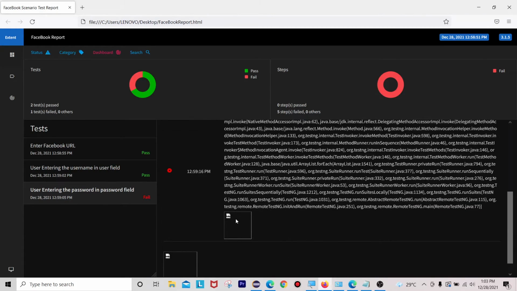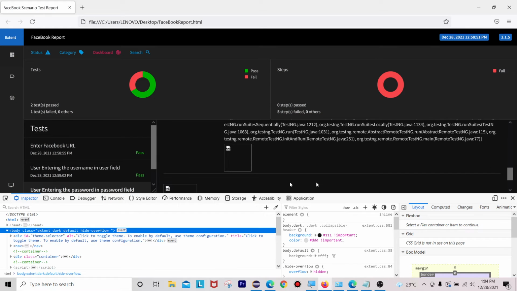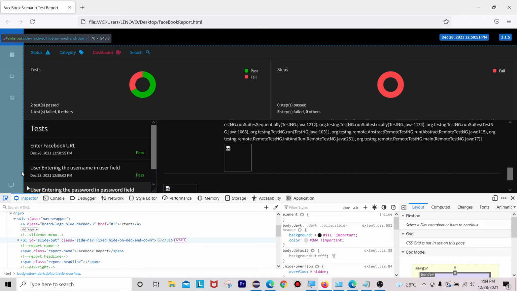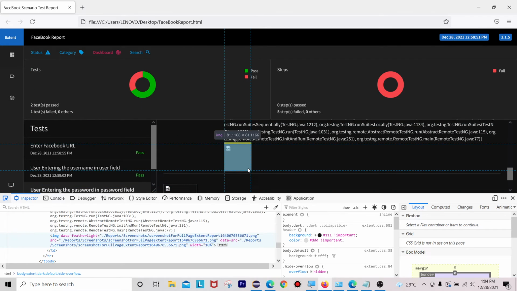Now you can see you are getting some broken images, right? If you send this report to other people, they will also get the same. To overcome this, let me inspect this one. Press F12. Now you can inspect this broken image.